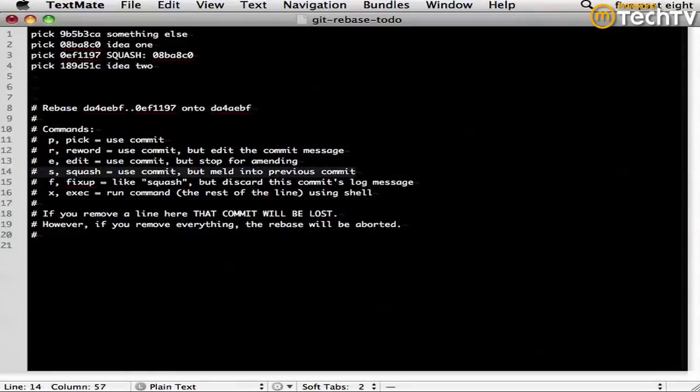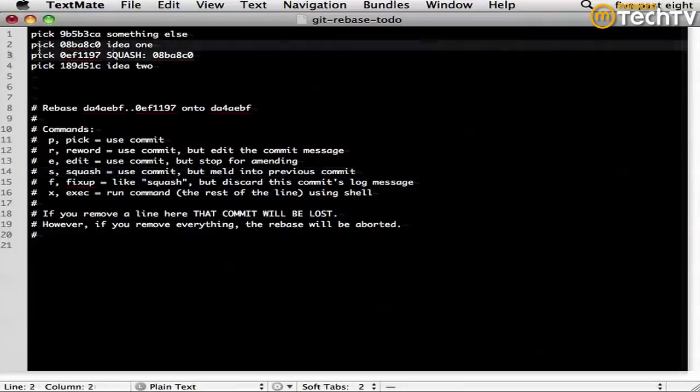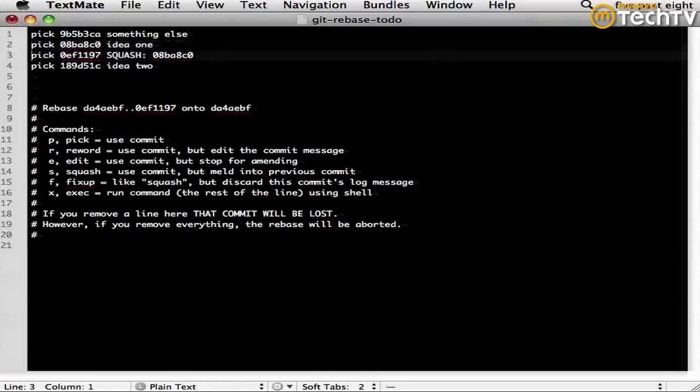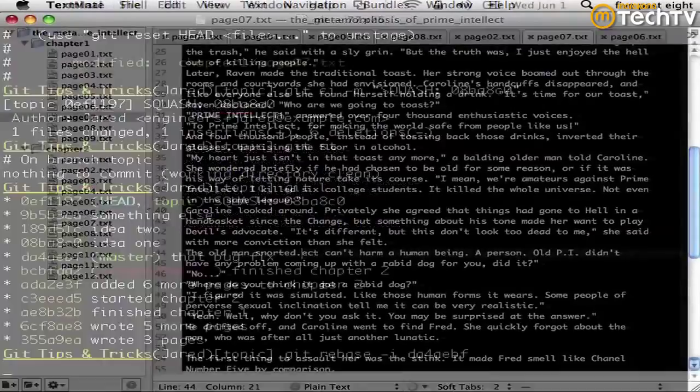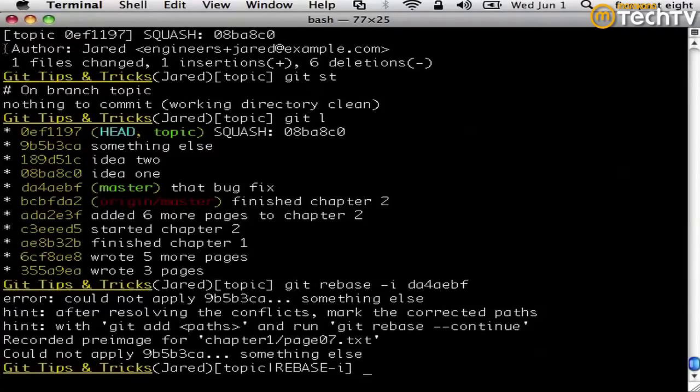Squash will take two and it will just combine them together, and during the rebase process it'll pause and let you modify the commit message. If you just do fixup, you're just going to take the bottom commit, stick an F next to it, and it's going to take this commit and stick it inside the commit above it. So you make modifications to this text file configuring how the rebase is going to work. You save it, you close it, and then git,